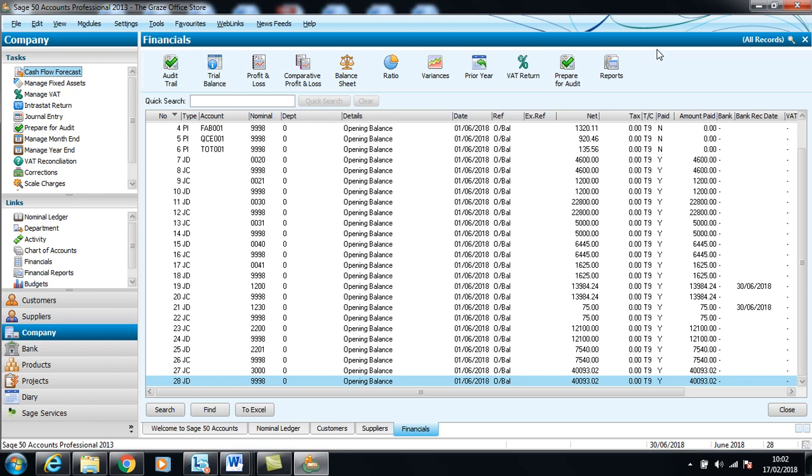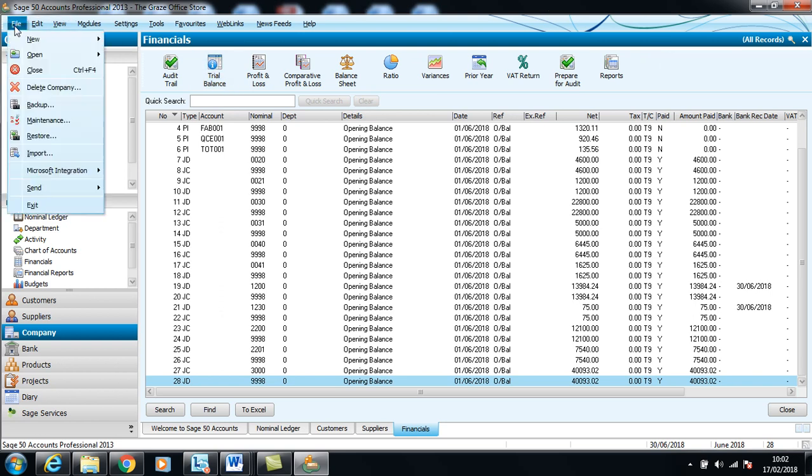I've gone to task 3 this time, so I'm going to back it up at task 3, which means I can go back to it any time. So once I'm comfortable with doing up to task 3, then I can then move on. So I'll just show you what we do when it comes to saving. So using Sage, we tend to back it up. So if we back up,